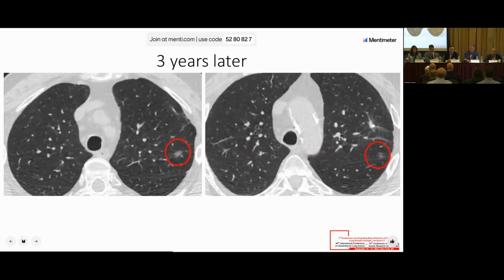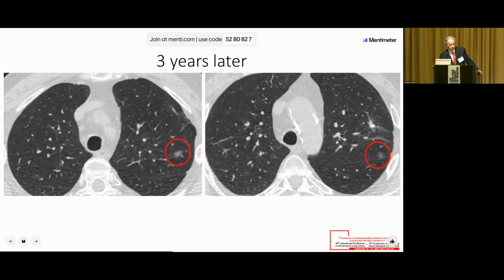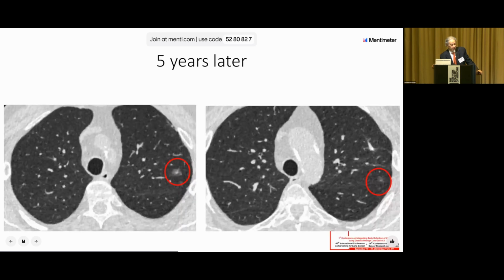So here's what happened. 3 years later, it got a little bigger. So they did a wedge. Wedge was done. And you can see the two other lesions, they're a little more prominent at 3 years later, and we elected to follow. Virtually no change 5 years later. So everybody's feeling, I think, pretty good about this case. But